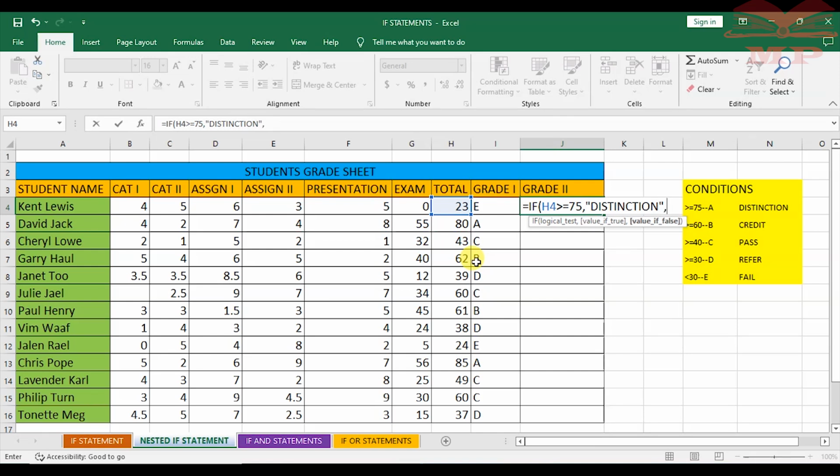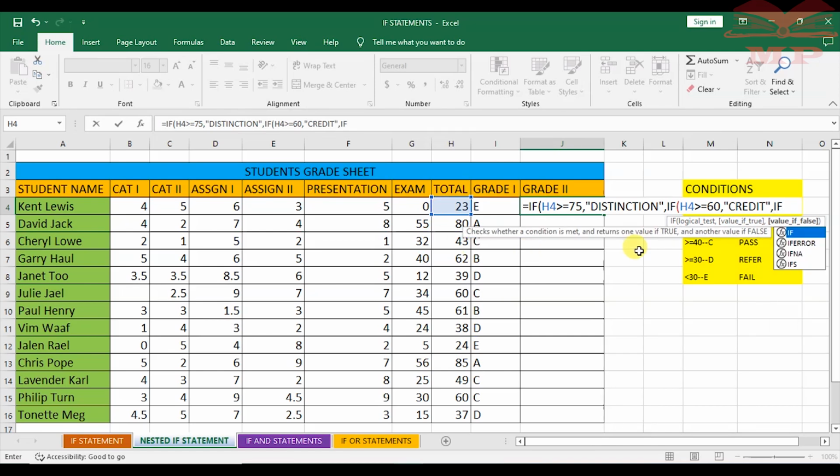Comma. If, again double click on the if, the same cell is greater than or equal to 60, comma, then the formula should give us credit. So you enclose, comma, then again, if the same cell is greater than or equal to 40,